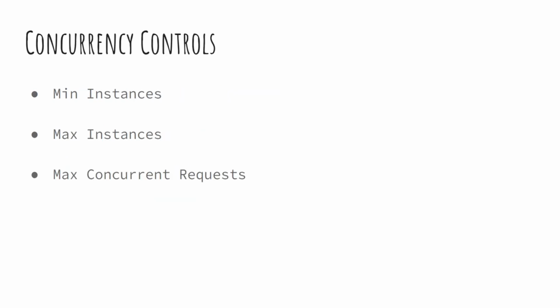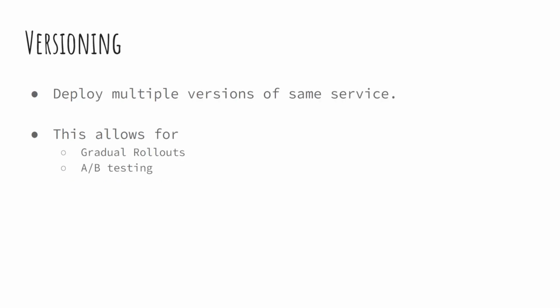Cloud Run also provides fine-grained concurrency controls so that you can eke out the maximum performance from your instances. Cloud Run has constructs such as min instances, max instances, and max concurrent requests to tune the level of concurrency. Cloud Run has a concept of service revisions where you can have multiple versions of the same service deployed. So if you deploy a newer version of a container, it becomes a newer service revision. Combining this revision with the traffic management capabilities that we'll discuss shortly, you can do gradual rollouts or A/B testing